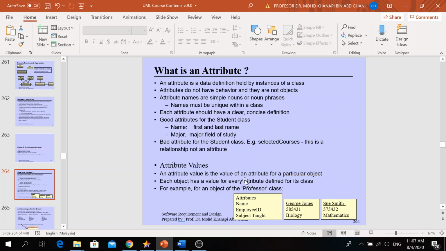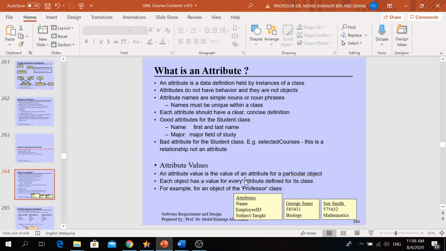In database, you collect or define the entity, and after that you define the attribute. So this is one of the processes to build or develop the database of your system.